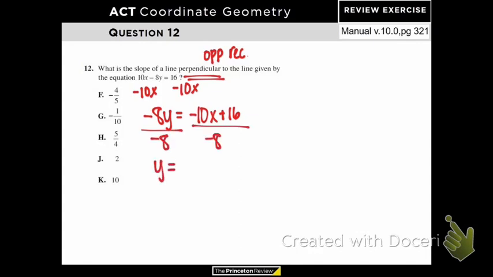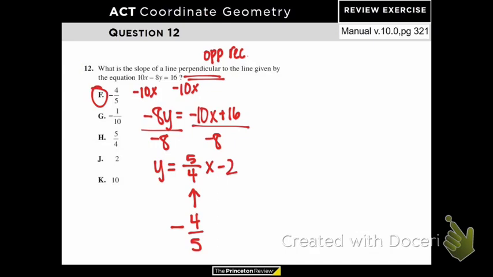So y equals, so it becomes a positive, right? And when I simplify that fraction there, I get 5 over 4x minus 2. So my slope here is 5/4. And so when I do the opposite reciprocal of that, I change it to a negative, I flip the fraction to get 4/5. So negative 4/5 is my answer, which is